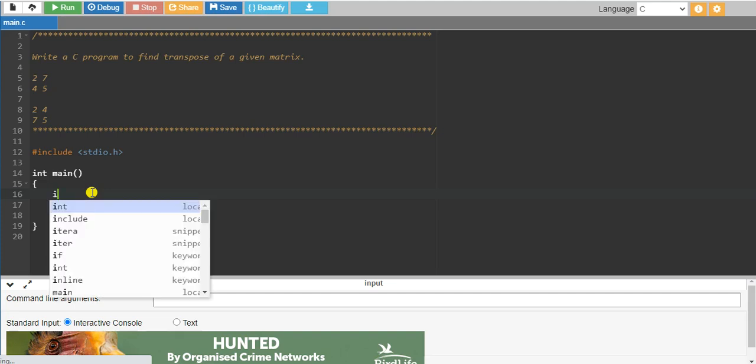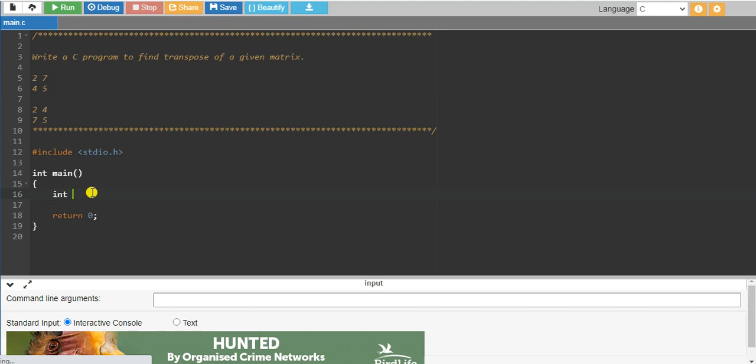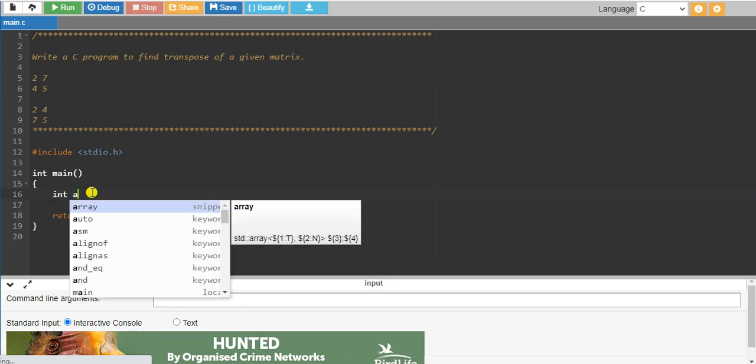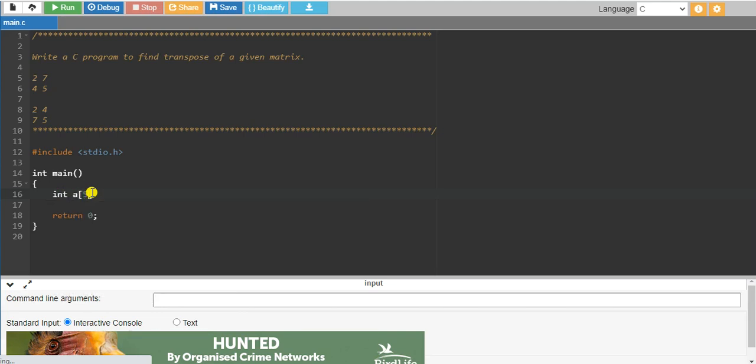So I'll consider here an int array a, then it is a two-dimensional array I'm taking here, that is then r for rows, c for column, then i for loop, then j for loop. These are the variables we need for transposing of a given matrix.